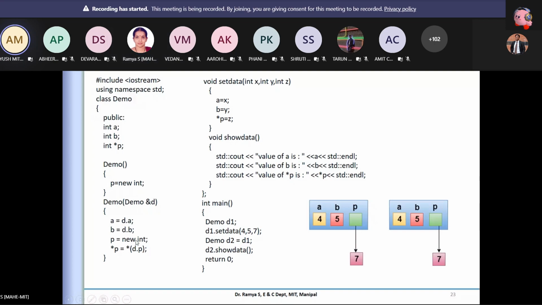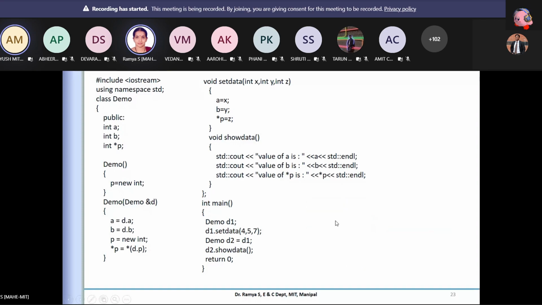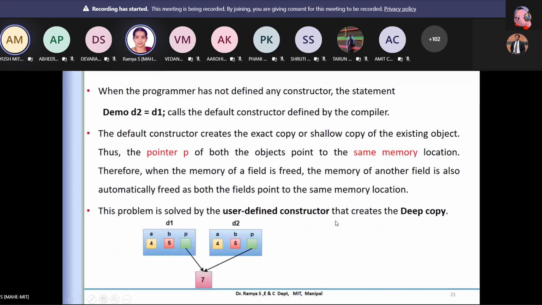Ma'am, what I'm saying is, in the copy constructor, why do we have to assign a new memory location again? I need not. But if I require a separate memory location, especially for dynamic memory allocation, we'll see that. I want a separate memory. Otherwise, in the previous case, when I delete one copy, D1, D2 is going to lose its existence because it is a shallow copy for me.